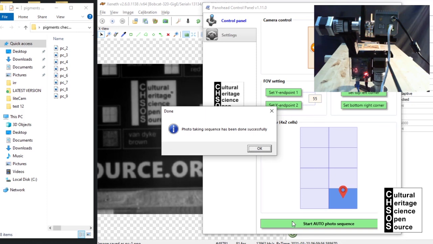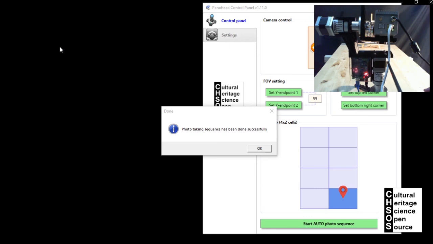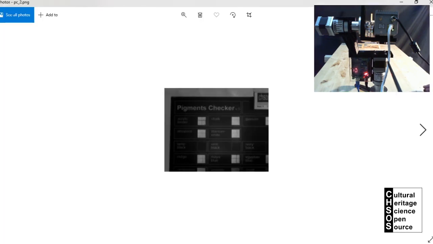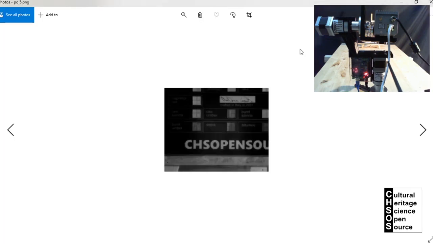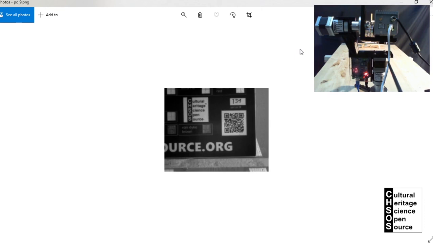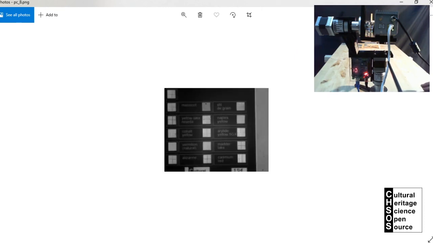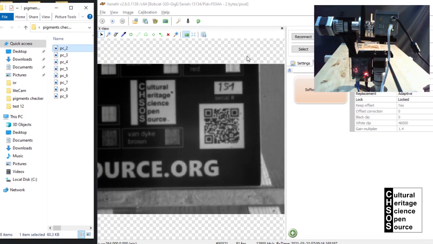The advantage of this method is that it's very fast to acquire the image. So you see, we go here, and from here we can see the image. So if there is anything we notice, we can tell immediately. Okay, thank you. So this is all for the acquisition of